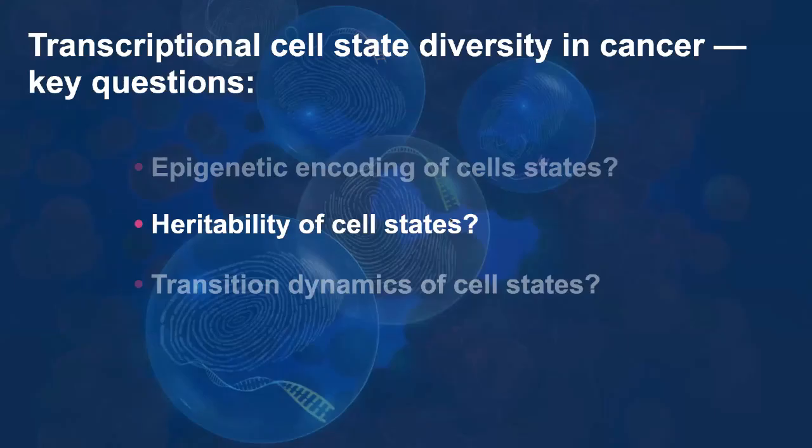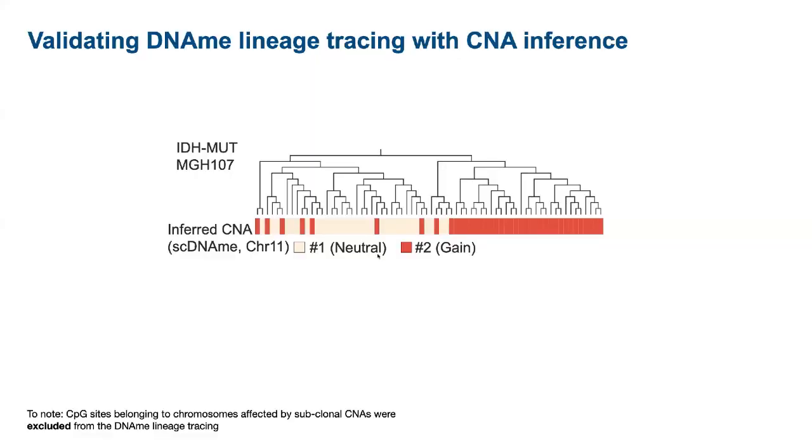Now, going to our second question, what is the heritability of this transcriptional cellular state? And this question is of clinical significance, as heritable expression program may be related to non-genetic mechanism of therapy resistance in cancer. So to inform this question, we retrace the evolutionary history of glioma cell using the stochastic heritable DNA methylation changes, as we have done previously in leukemia, orthogonally validated by projecting subclonal copy number information that was excluded from the DNA methylation base tree building.